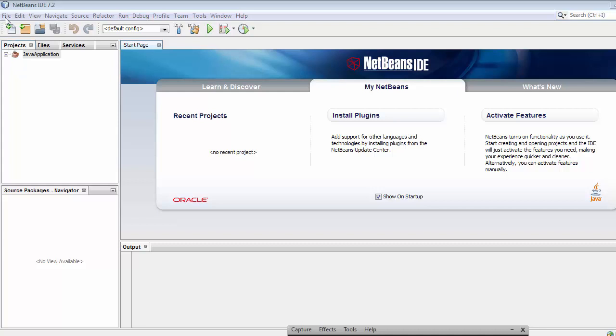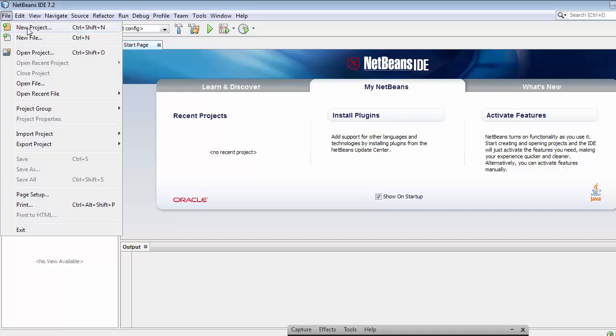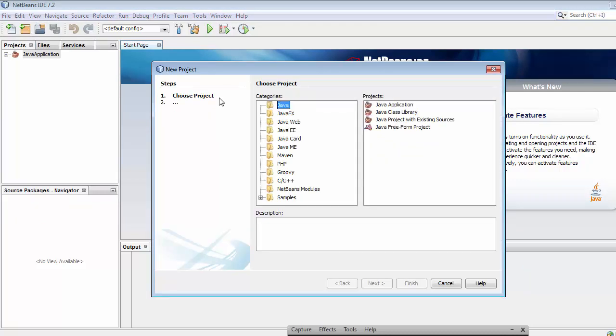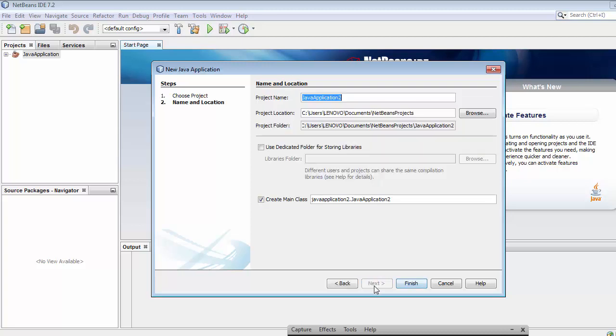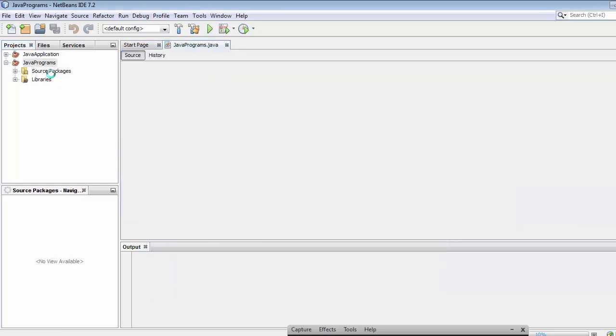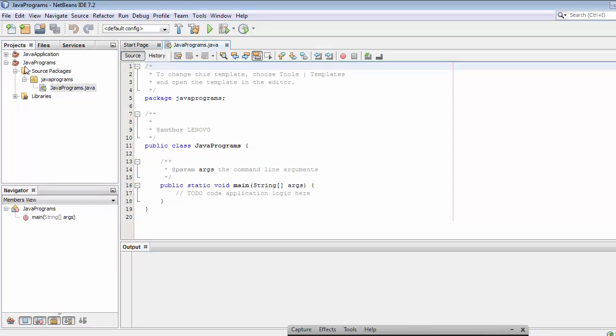For creating a project, we need to go to File and then click on New Project. From here I'll select Java and then Java Application, and click on Next. Here we need to put the name of our project, like Java programs. I will click on Finish. Now you can see a separate folder gets created with the name Java programs, and in that you can see a file